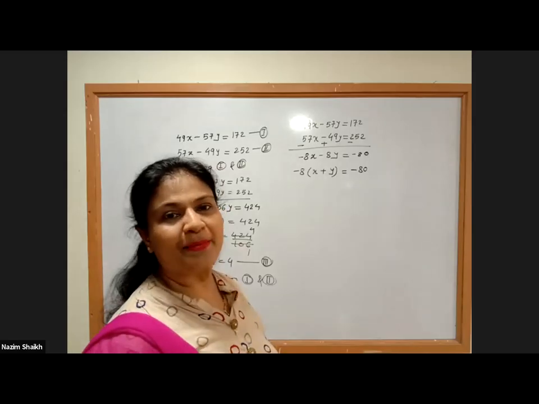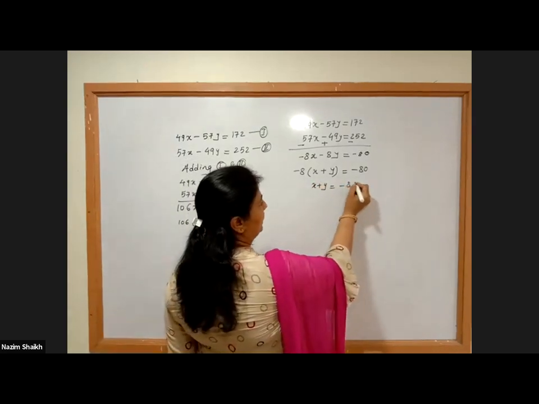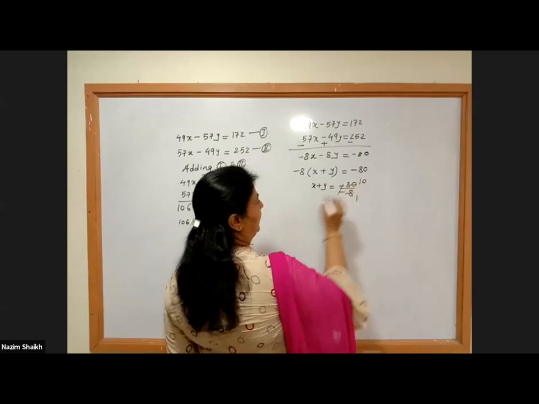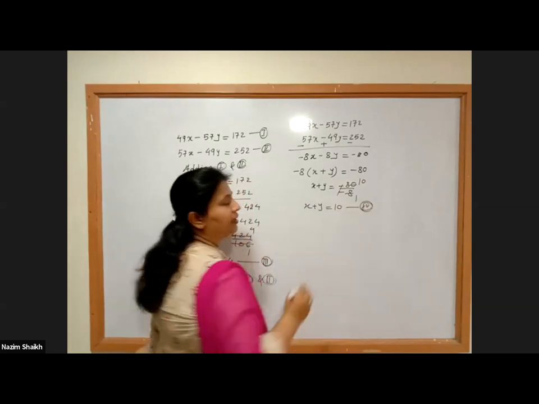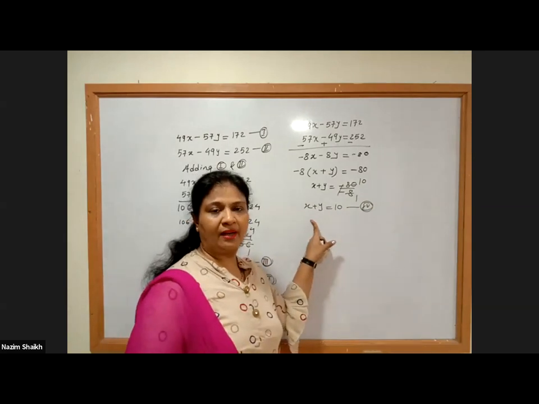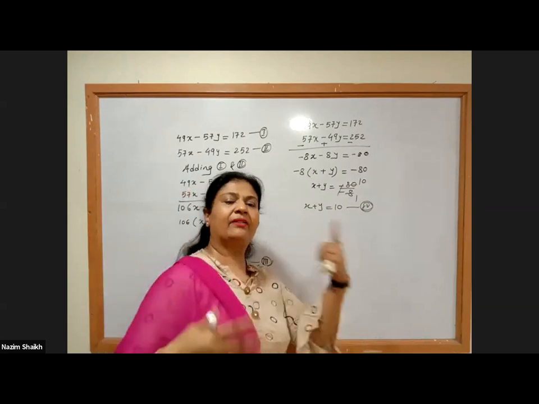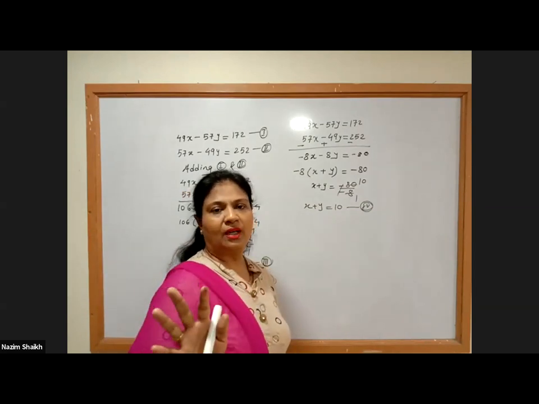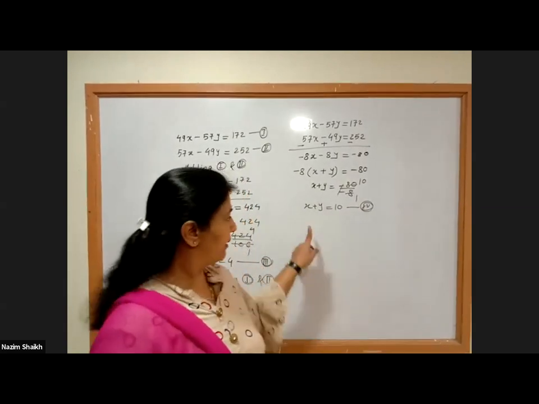आपका prompt बता रहा है कि आप सबका ध्यान है. So x plus y is equal to minus 80 upon minus 8. 10. Yes, minus minus cancel. 8 ones are 8, 8 tens are 80. So x plus y is equal to 10. We got our fourth equation. So एक x minus y में मिला, एक x plus y. पर इतना याद रहेगा आपको कि जरूरी नहीं that adding will give you x plus y and subtracting will give you x minus y. No. Depending on the situation, you are going to get either x plus y or x minus y.